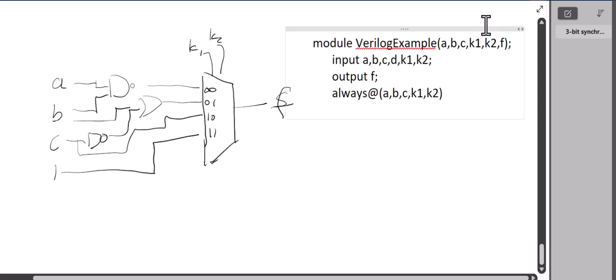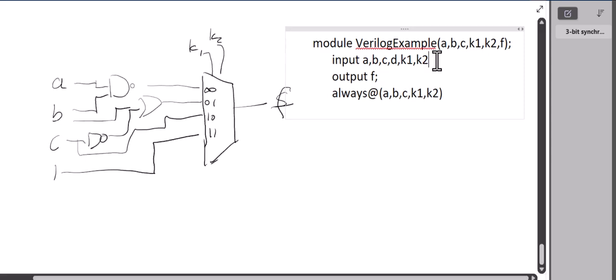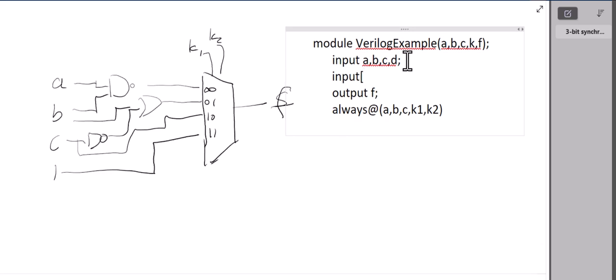I'm going to do this a little bit differently just so you can see how it is. Just for practice, I'm going to change this K1, K2 to K. And I will have input 2:1 K. Now that's just like having K1 and K2. It's just instead I will call them